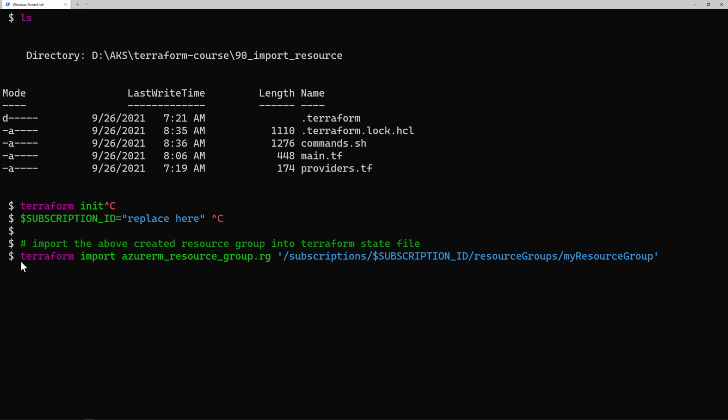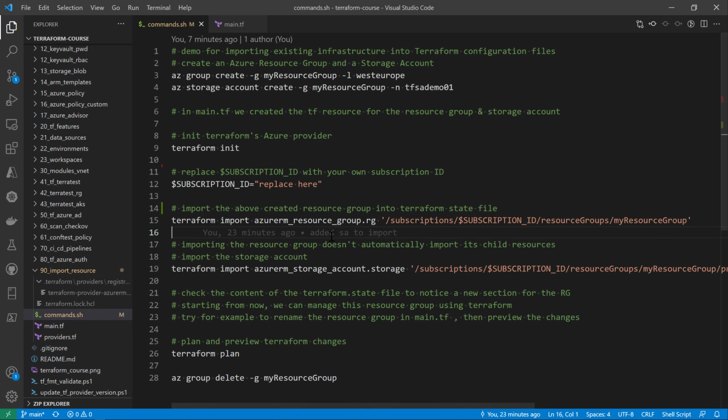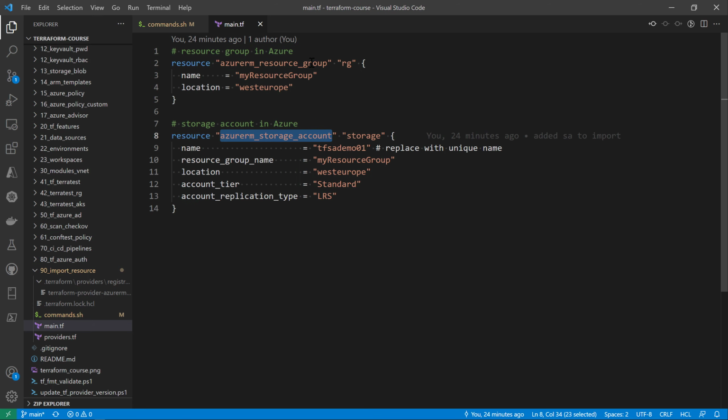Now I'm going to use the command terraform import, and this command needs a few arguments. First, that's going to be the resource type. In my case here, I start with the resource group, and then I'll come back to the storage account, and then rg, that's the name that I've given to my resource group. So if I switch back to my VS Code right here, if I go to main.tf, my resource, that's resource group.rg, that's the name of the resource itself.